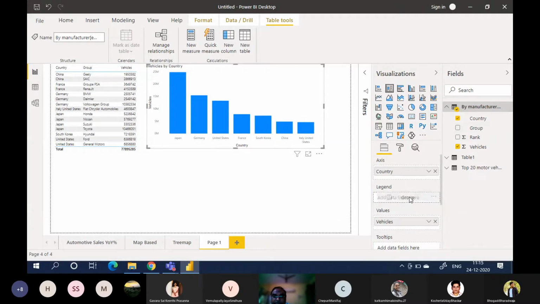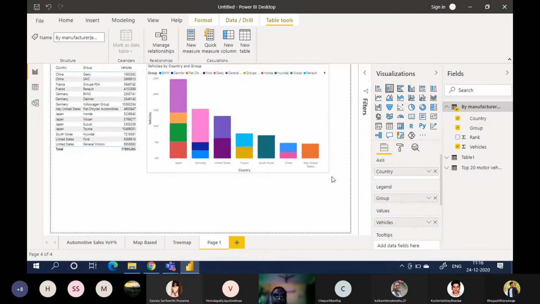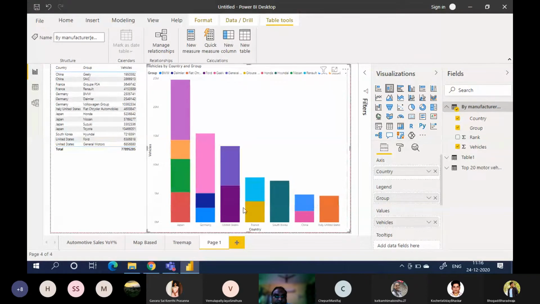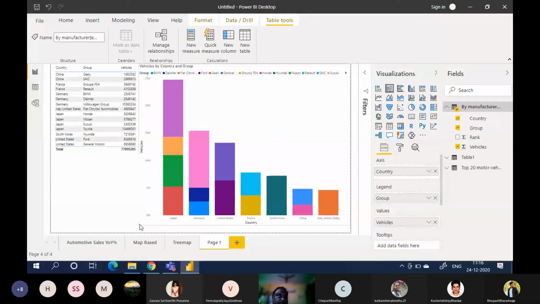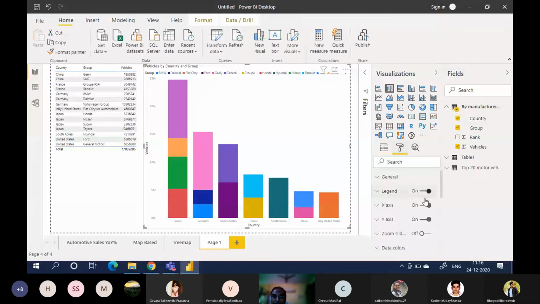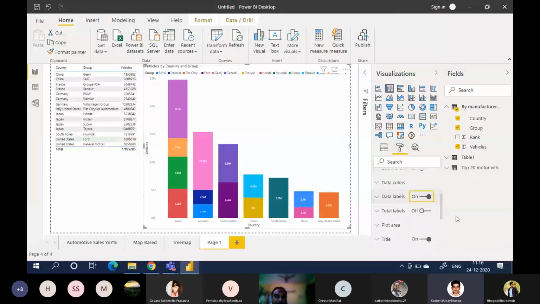Then legend will be group. Right? This is looking good, right? Yes, sir. Maybe add data labels as well. Data labels add. Total labels.